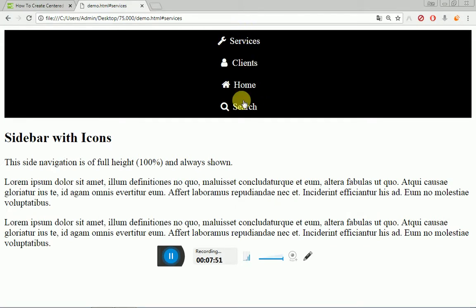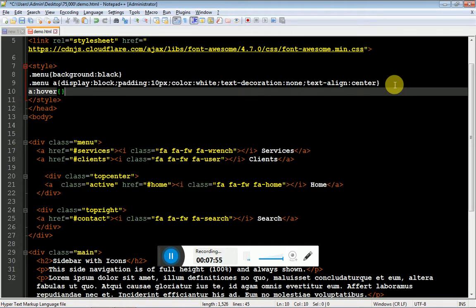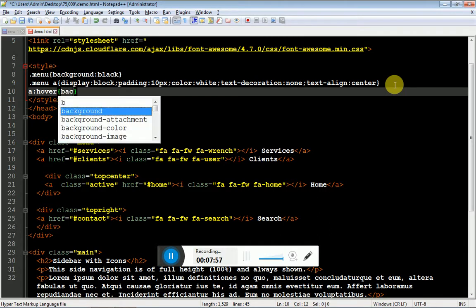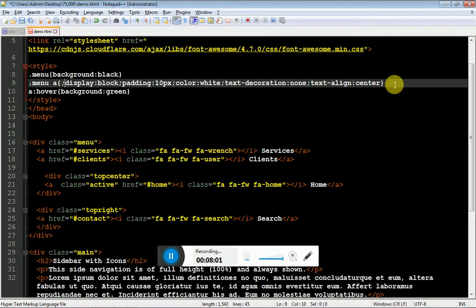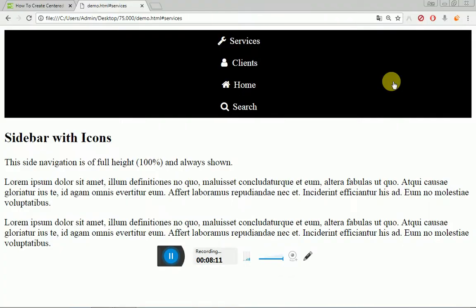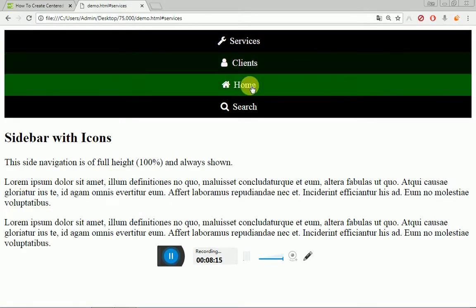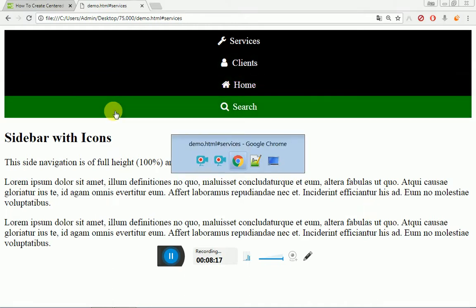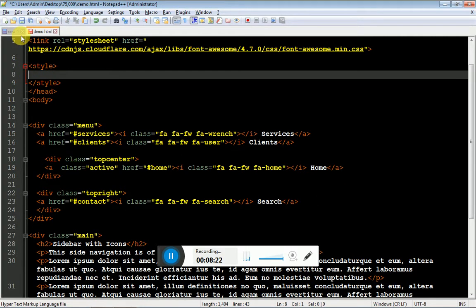Fine. Now it's time for the hover. When I hover on the anchor tag, I want the background color to change to green. The transition delay should be 1 second. Transition, sorry for that. Transition 1 second. Refresh it. Yeah, it is working. So this is for the mobile. Save it. Right now we are going to use media queries